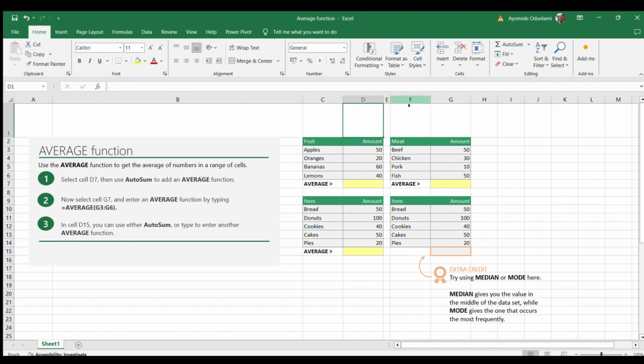Now let's go ahead and find the average sales total for the fruit items here, the average sales total for the meat items, and for the pastry items here. You should know that when you start a function in Excel, you should always start with an equal to sign, right? So to access the average function, we'll type in average,